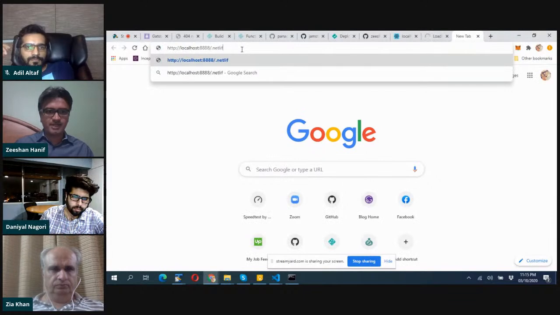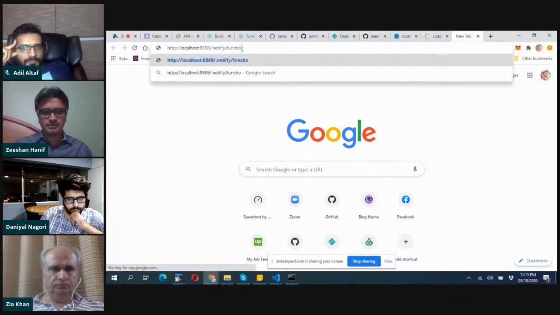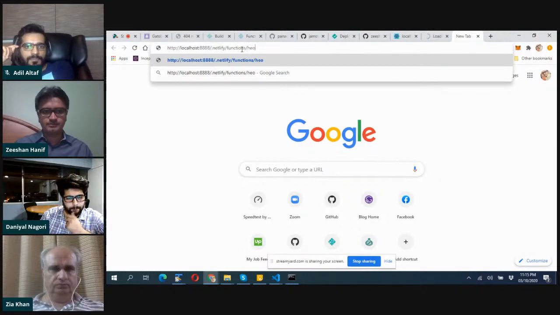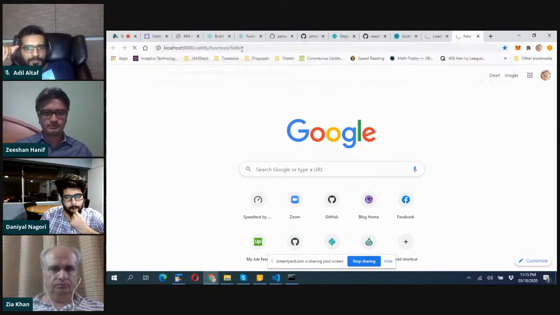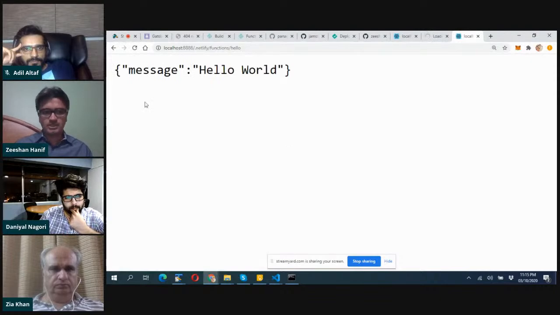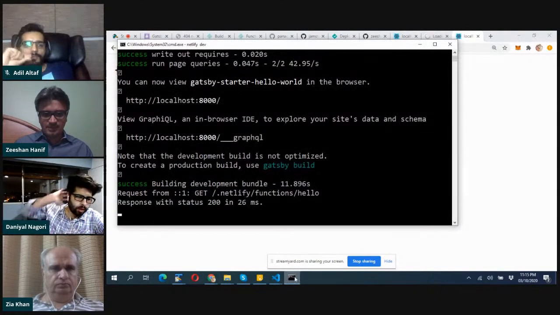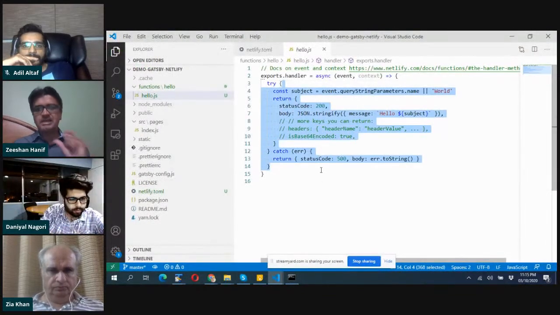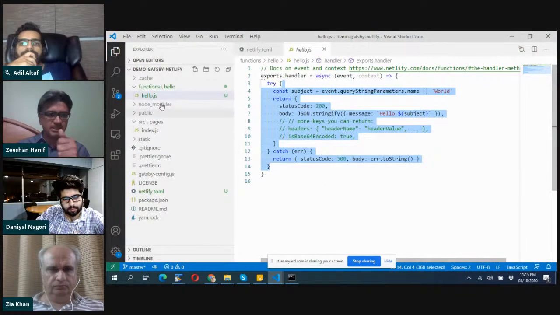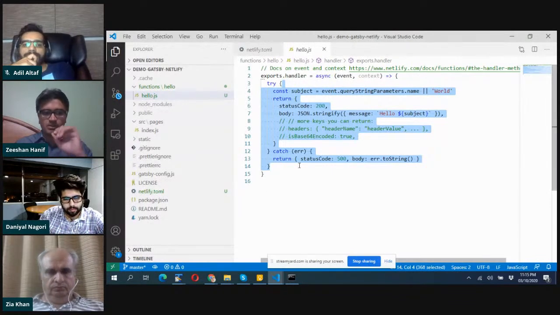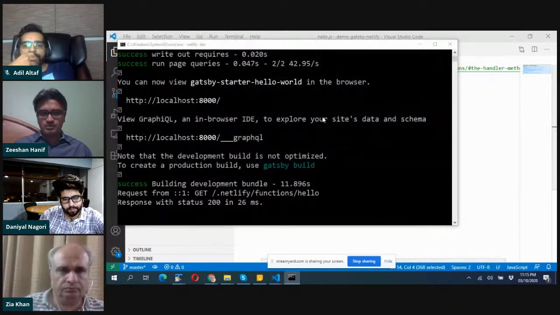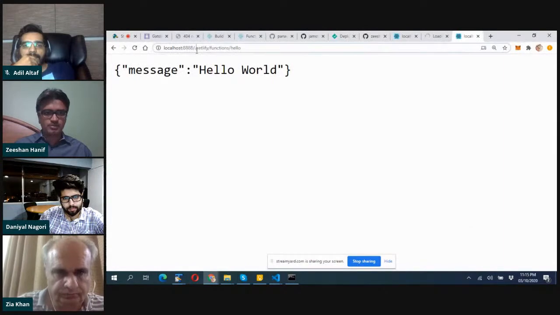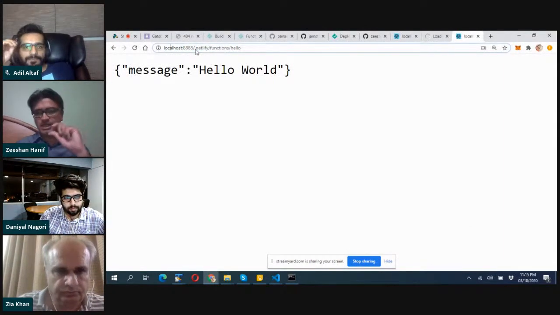Netlify /function/hello, and you can see the function we have created here is available on a particular URL. You need to understand that your function is available on a particular URL. So your host or your port is localhost colon 8800, and the URL you will have